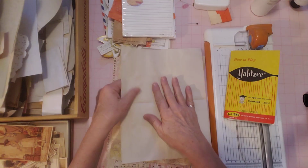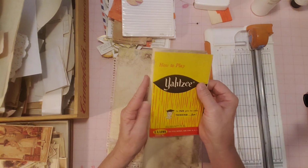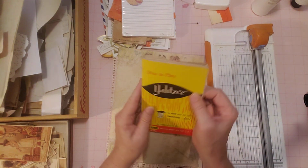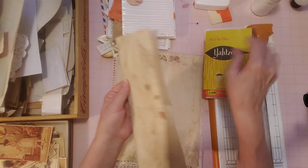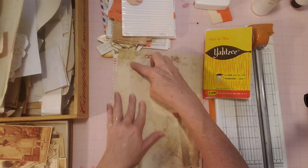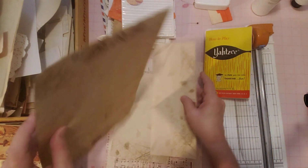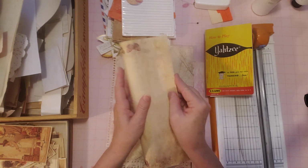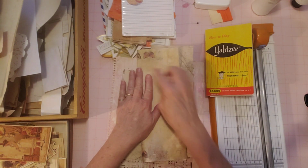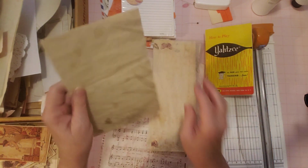Maybe, I wonder if I can do it this way. Would that be a better use of the paper? I think it might be. Yeah, I think I'm going to fold it this way. And then this one too. Let's go ahead and fold these and see if we can get some stuff done here. And then this one,